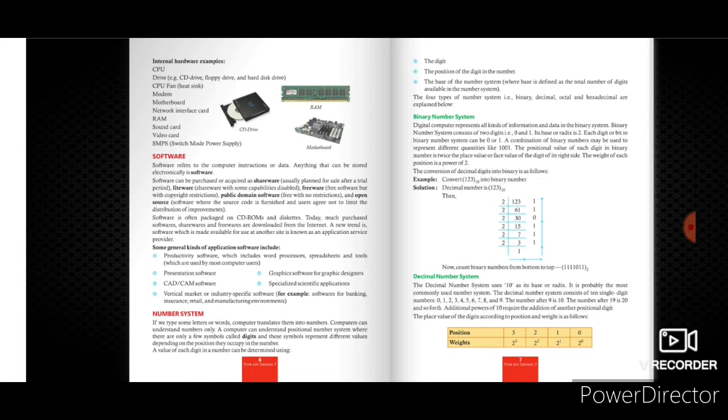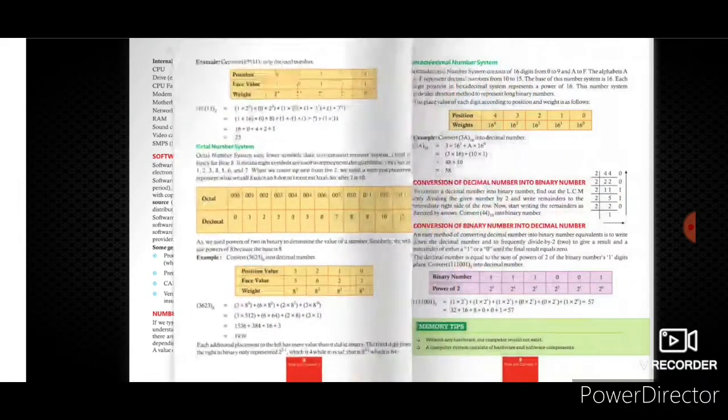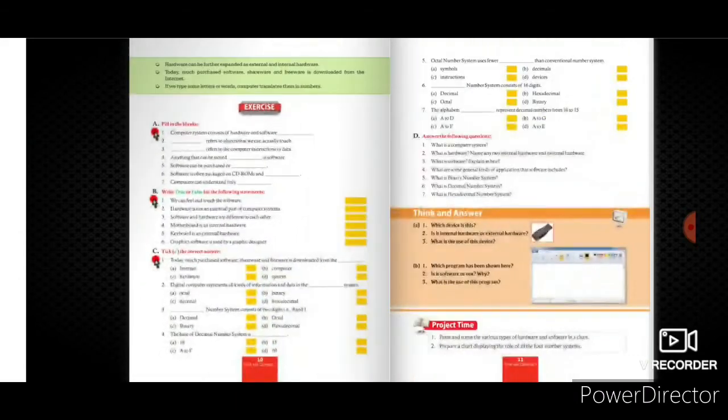Some general kinds of application software include presentation software and CAD CAM software. Any 2 points you will write as the answer of this question.